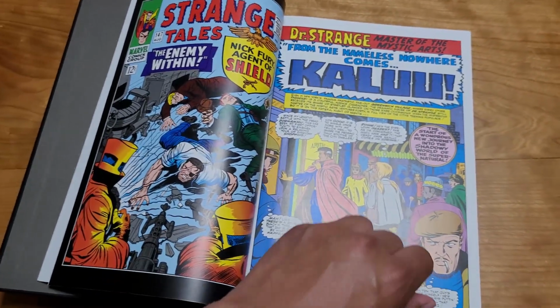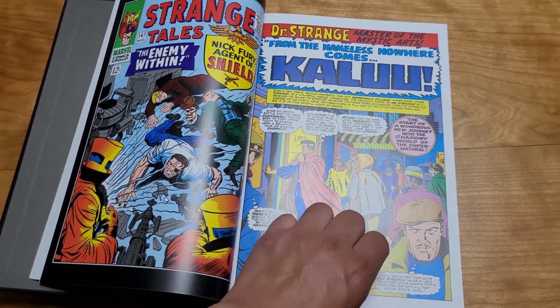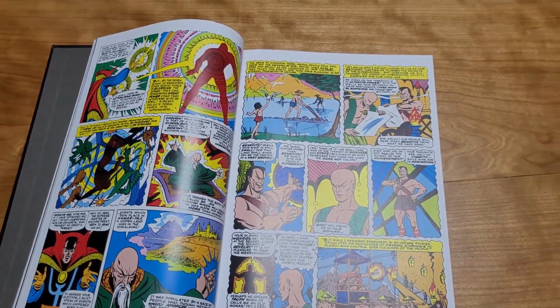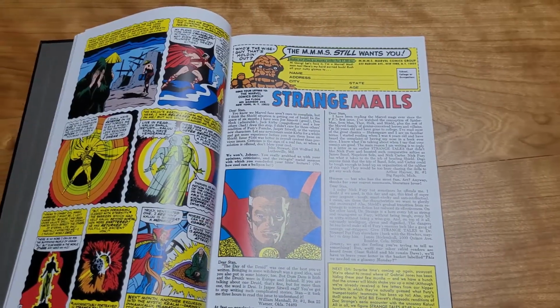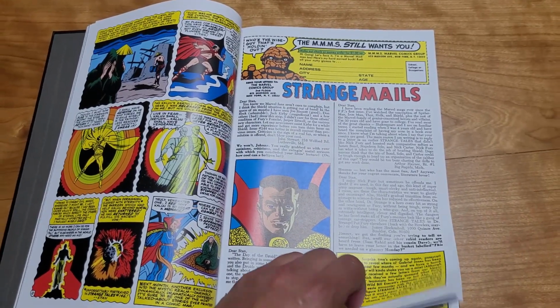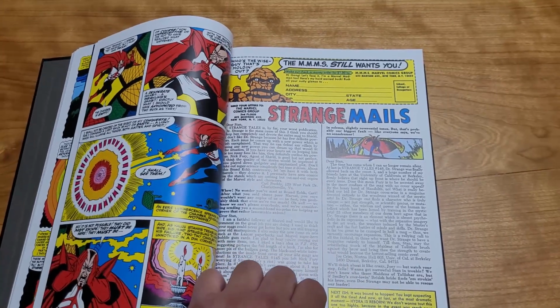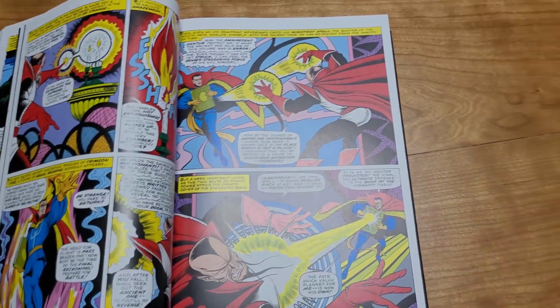Right. And like I said, the beginning is kind of weakish. They spend a lot of time reiterating the previous adventures and recapping. They spend a lot of space on that, and the character's just a little bit off. I feel like they were a little bit more dickish than usual. The Ancient One's more of a dick to Doctor Strange, and Doctor Strange is kind of a prick to Wong. And it doesn't help that every time I hear Doctor Strange being obnoxious in such a way,